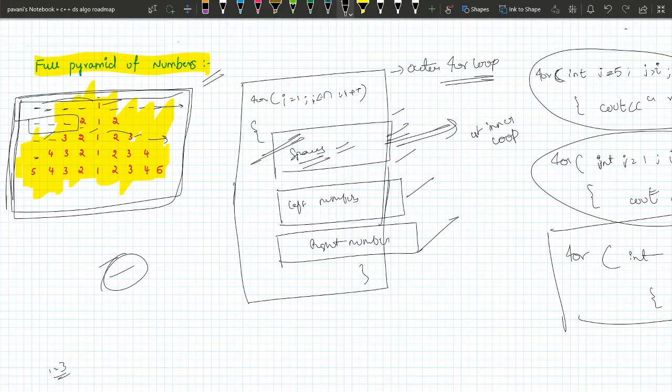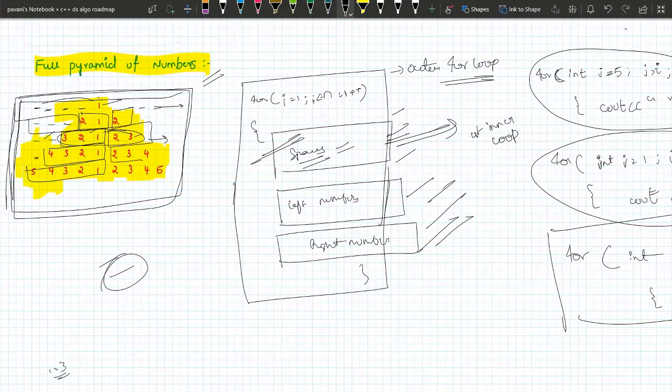Then see, I am printing this whole pattern, these whole three numbers, and we cannot print it using a single for loop. So I am dividing this into parts: this we can print in a loop, this we can print in a loop, this we can print in a loop, and this we can print in a loop. Did you get why I have chosen 3 for loops? Because this whole pattern cannot be written in a single for loop. That is why we have used 3 for loops.